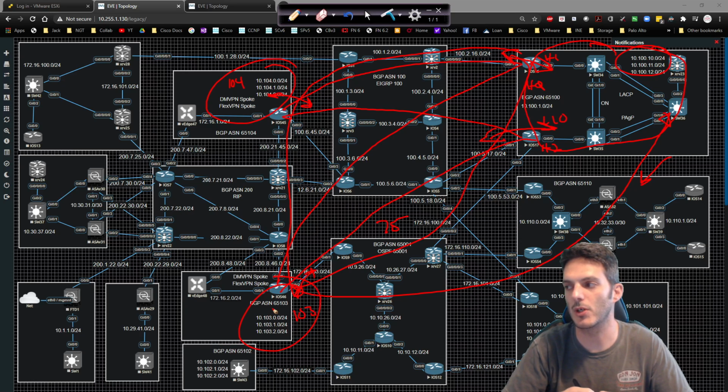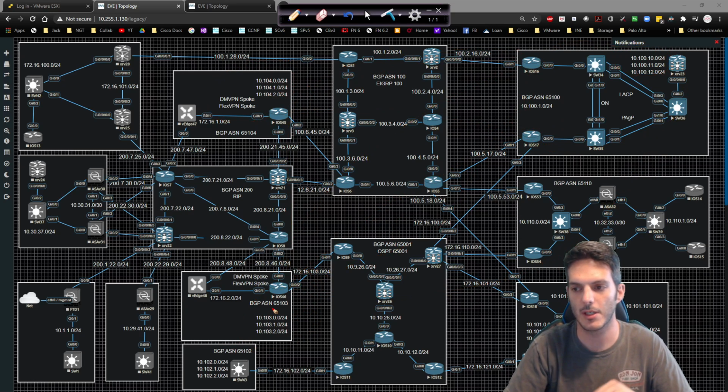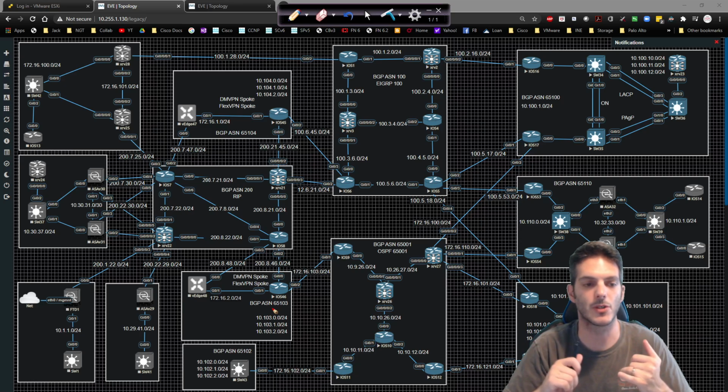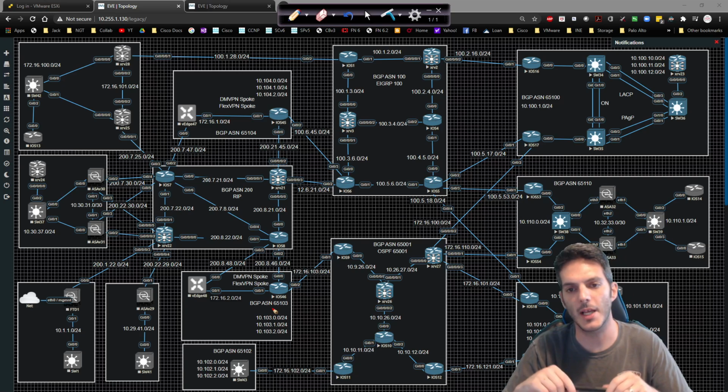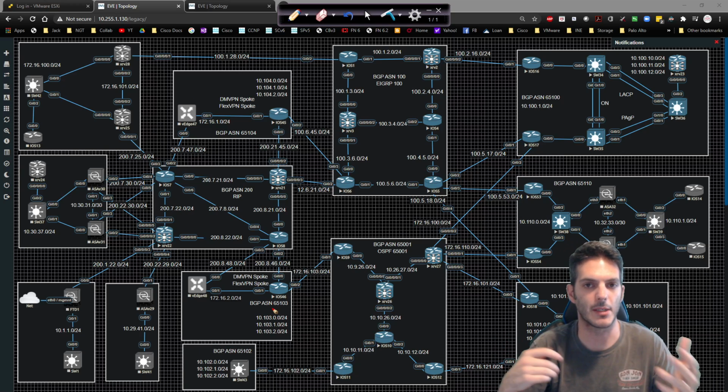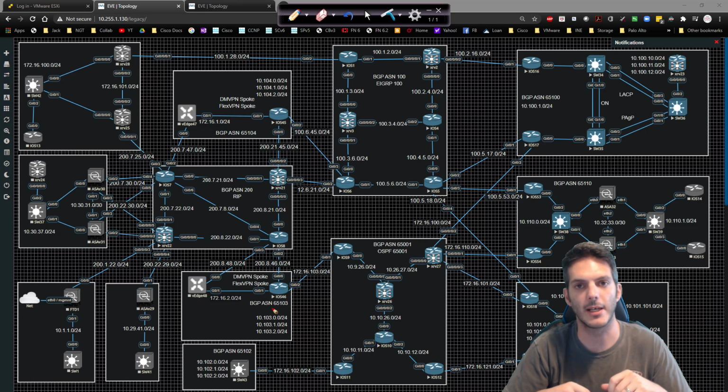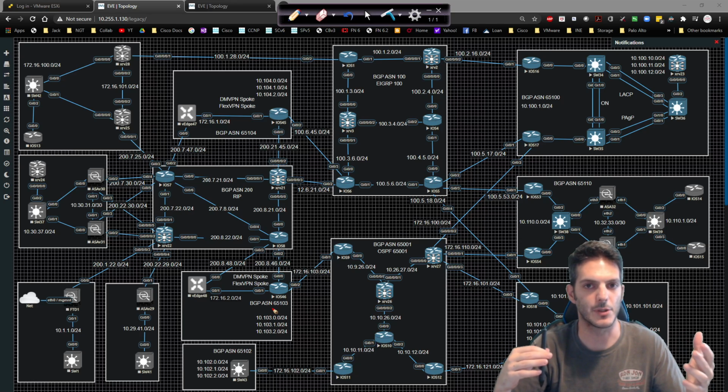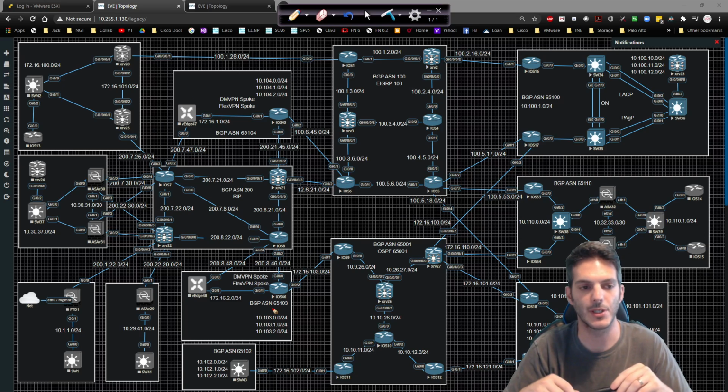We will be taking a look at a couple of examples in the next video. I wanted to cover at least the theory here, and then we're going to start knocking out summarization. We'll take a look at stub routing, and we'll spend some time on filtering, and then when we get to DMVPN, FlexVPN, that type of stuff, we'll take a look at doing multiple autonomous systems and how you could mitigate the propagation of queries. We're not going to be spending a ton of time focusing on reconvergence,